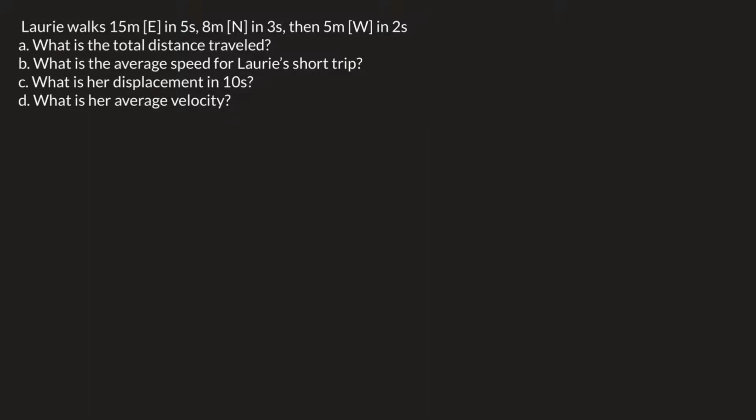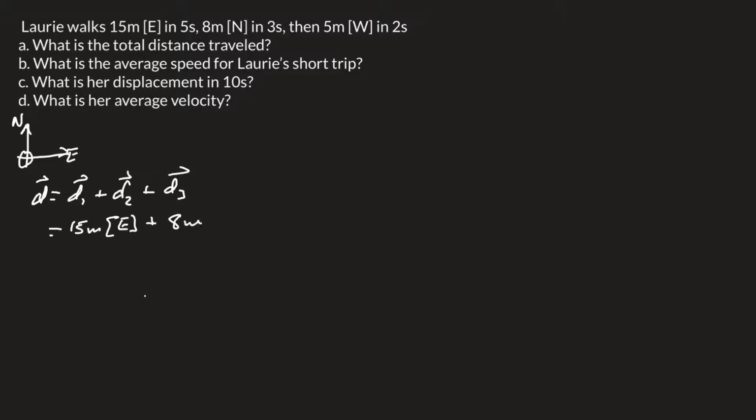Part C is now asking us to solve for her displacement. So displacement is a vector quantity, so direction is going to matter here. I'm going to define north and east as my positive directions, which means that when I'm solving for my total displacement, anything west and south, I'm going to have to rewrite as a negative value. So my displacement is going to be equal to displacement 1 as a vector, 2 as a vector, and 3 as a vector, which gives us 15 meters east plus 8 meters north